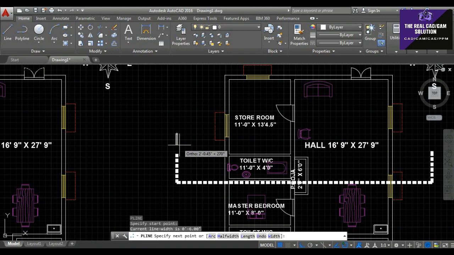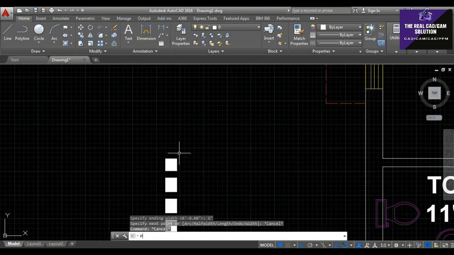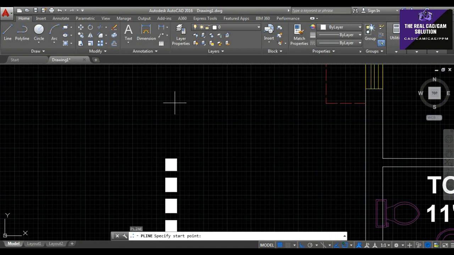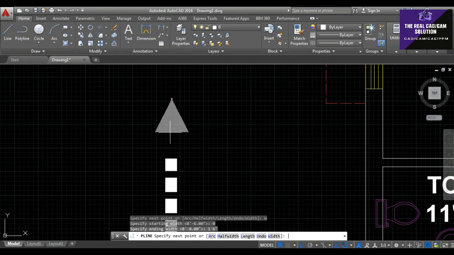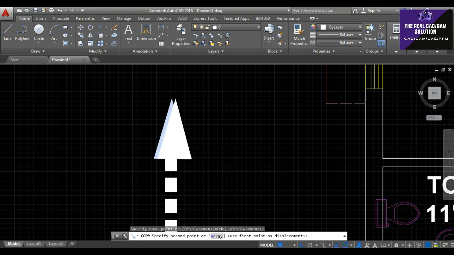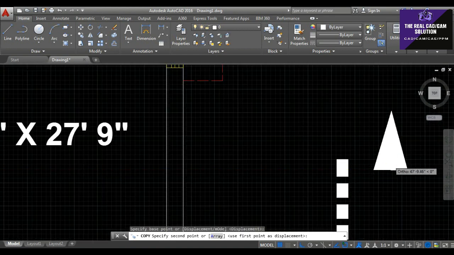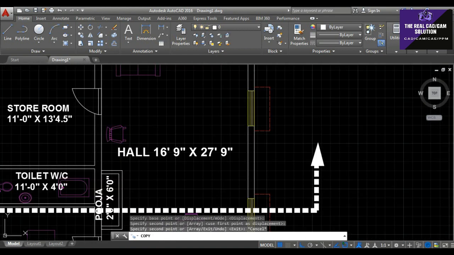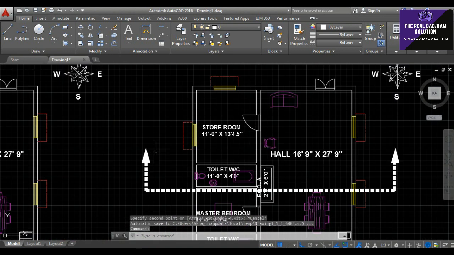So with the polyline, the same way, starting width is 0, ending is 6 inch. 6 inch is very small. So take the polyline, click, and starting width is 0, ending is 1 feet 6 inch. It gets larger. Go to move like this.